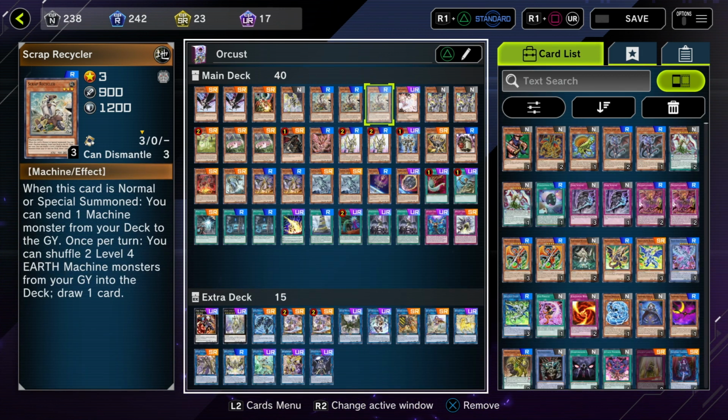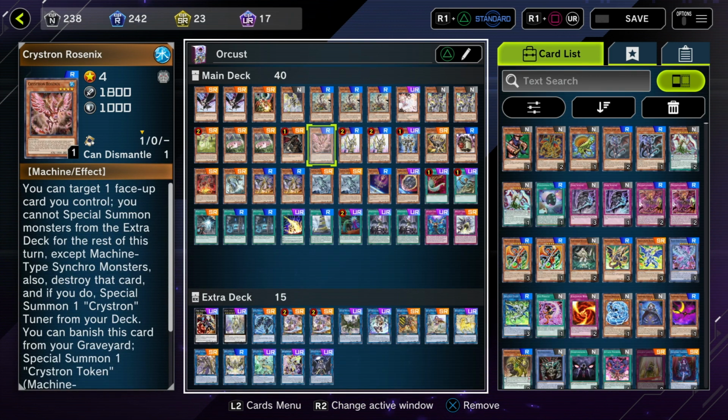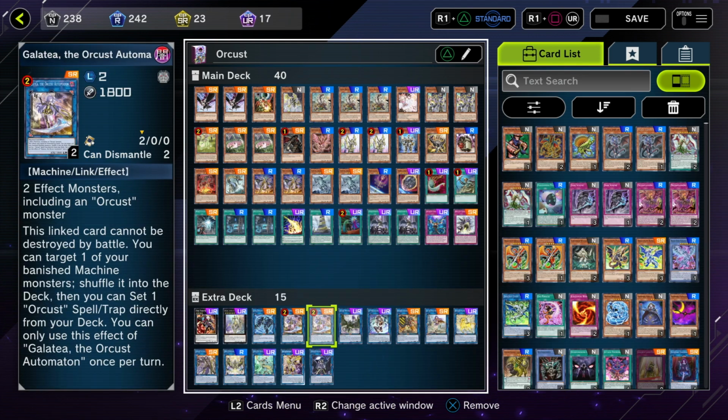This is that Scrap Recycler engine that I was talking about, so you gotta run 3 of these. So when this is normal or special summoned, you can send a machine monster from your deck to the grave, and what you would send is Crystron Rosenix, so that when this is in the graveyard, so you skip all that in the beginning, and then you can banish this card from your grave. You're supposed to summon a Crystron token, machine token. So then you use that to make